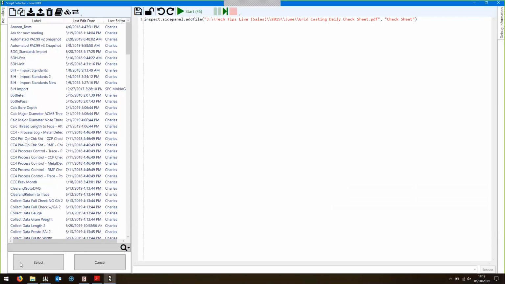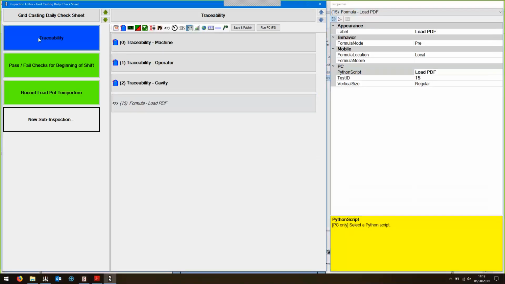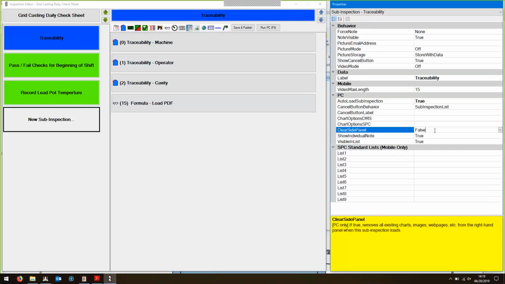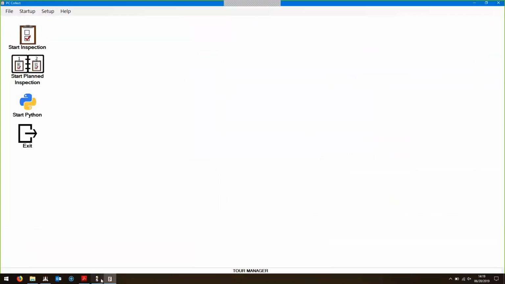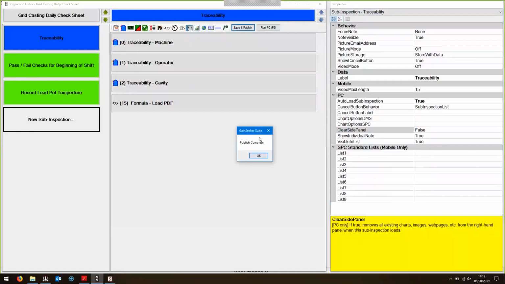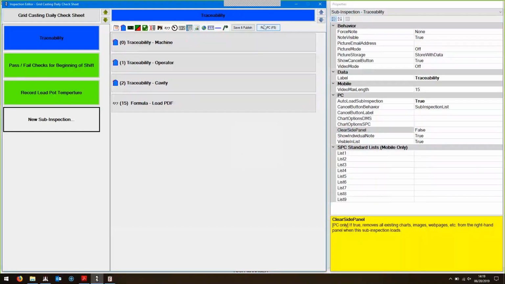All right, so I've got this. One thing that I'm also going to do is make sure that the side panel does not get cleared, so that way it'll be there when I show it all the time. So I'm going to go ahead and save and publish, and then I'm going to run this